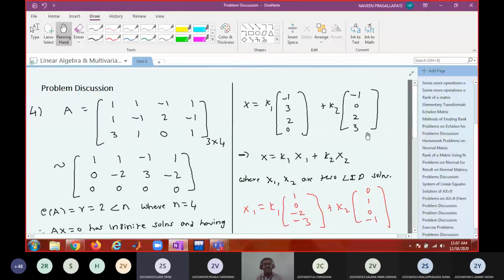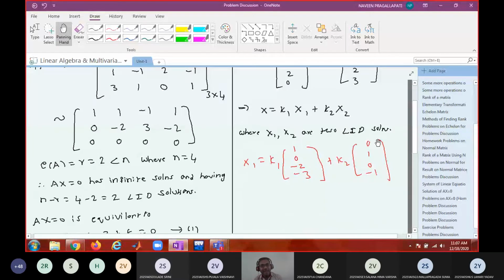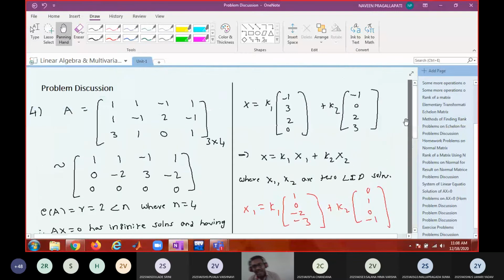Oh yeah, see, whether you get fractions or not doesn't matter. I said basis is not unique. That's why at the starting of the discussion I said, don't try to match your answer with the book answer, and don't try to match your answer with my answer also, because both your answer and my answer may be right as long as these two are independent solutions, as long as these two are satisfying your system of linear equations, both of us are right.